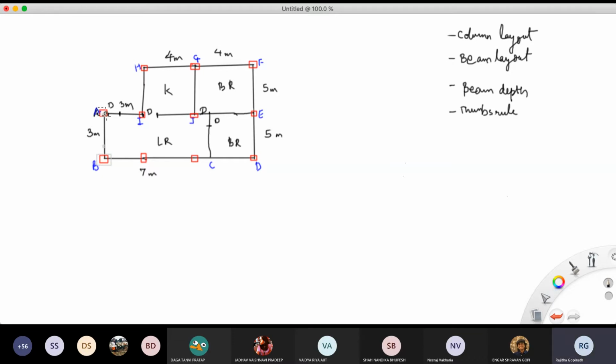So that we know that, okay, some people said yes, some people said no. Okay, fine. So you're saying that this actually doesn't need to be there. No, I guess also the columns beside A and B, maybe if we remove those two also, it can span 7 meters, right? So even that... Which one?